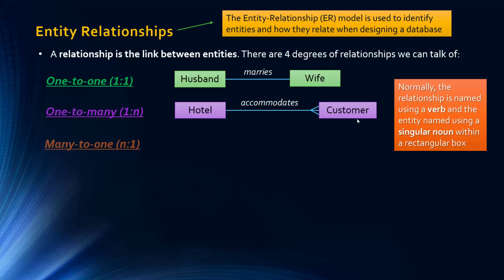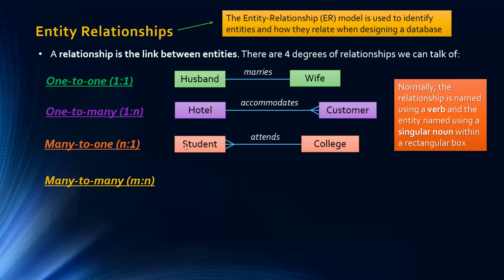So another one is a many-to-one, just the other way around. So we have many students attend a single college, a single school, whatever. And many-to-many relationship is one that we don't like in databases. We have to kind of split it up into, try and adapt it into another one. And so, for example, many channels display many different adverts. So the same advert can be displayed on many different channels, and a channel will display many different adverts.